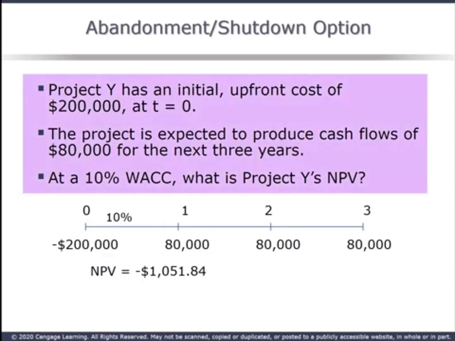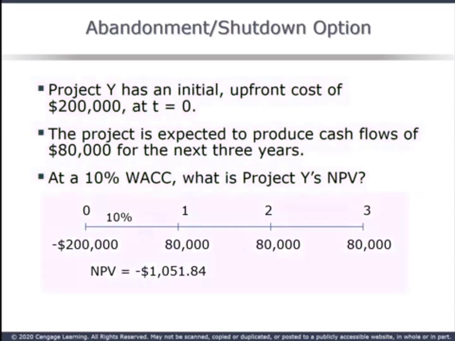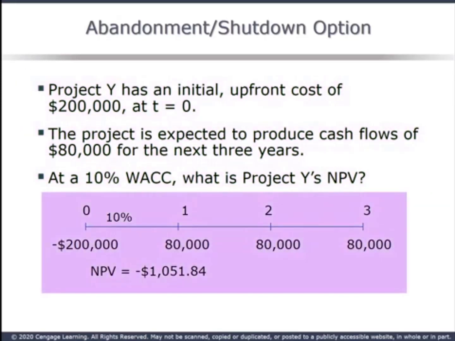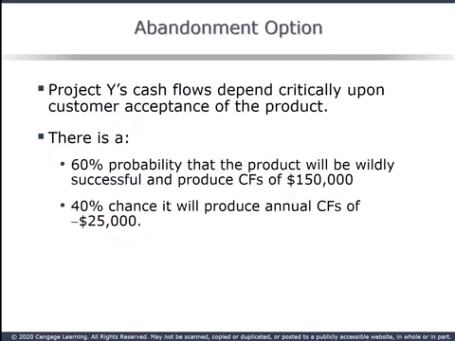Our new project Y has an initial cost of $200,000. Firm's cost of capital, 10%. Expected cash flows for 3 years, $80,000 a year. Straightforward NPV, minus $1,051.84. It's a no-go. Suppose, however, that we believe there's a 60% probability that customer acceptance will be very good,